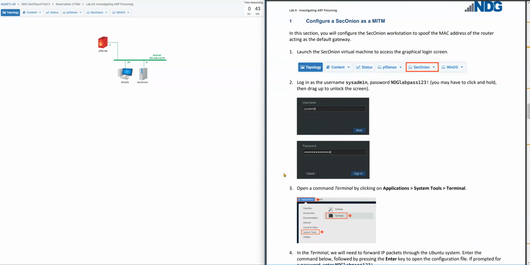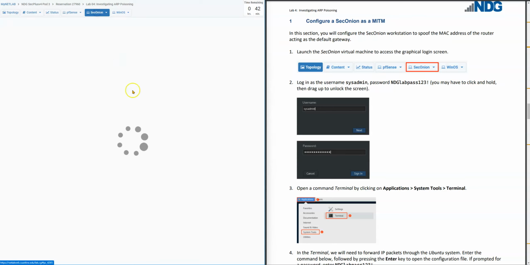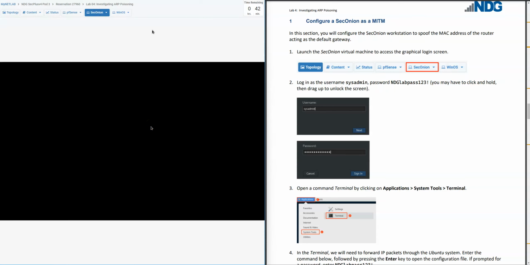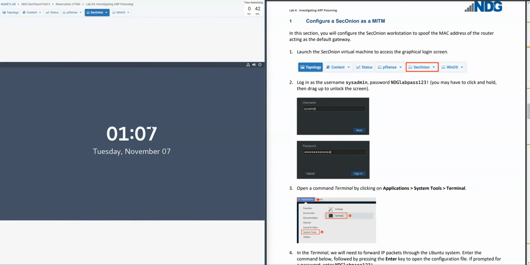For our first lesson, we're going to configure the SecOnion as an MITM. In this section, you will configure the SecOnion workstation to spoof the MAC address of the router, acting as the default gateway. Launch a SecOnion virtual machine to access the graphical login screen. So to do that, on the lab, you'll see the top tabs, just select the SecOnion tab. That'll open that right up. As I told you before, I had already logged in, so I'm going to skip part 2. But from here, as soon as it launches,